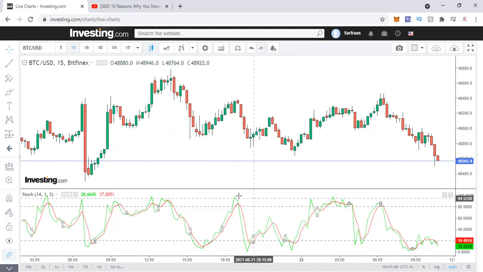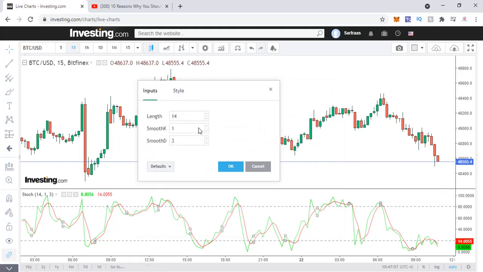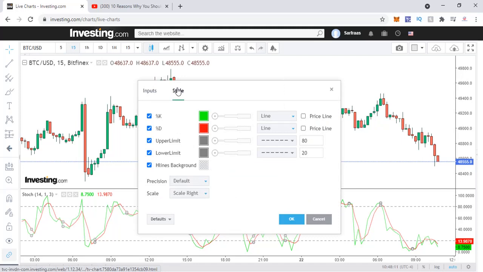Okay, so these are the basic settings. You might probably have different color schemes, but if you come here to settings, don't change anything in the inputs. Once you are a pro, you can probably tamper with it a little bit if you know what exactly you're doing. This default setting works like a charm, and I don't see any reason for you to tamper with it. What you can do is the styling, you can change it to your liking, but I would always recommend that you keep the blue or red or the green or red combinations for reasons already explained.